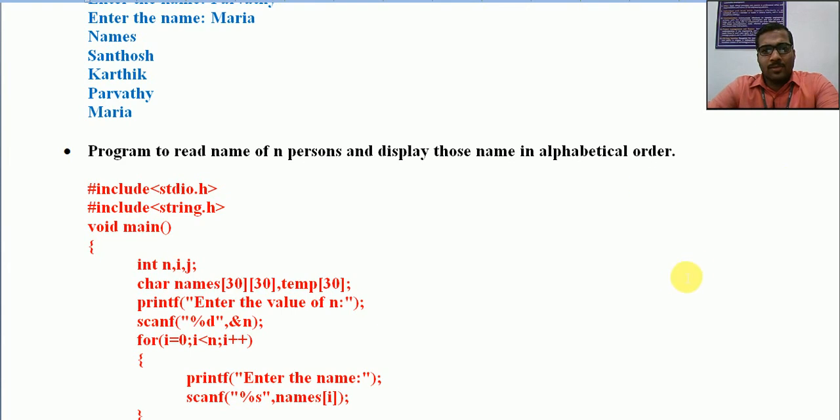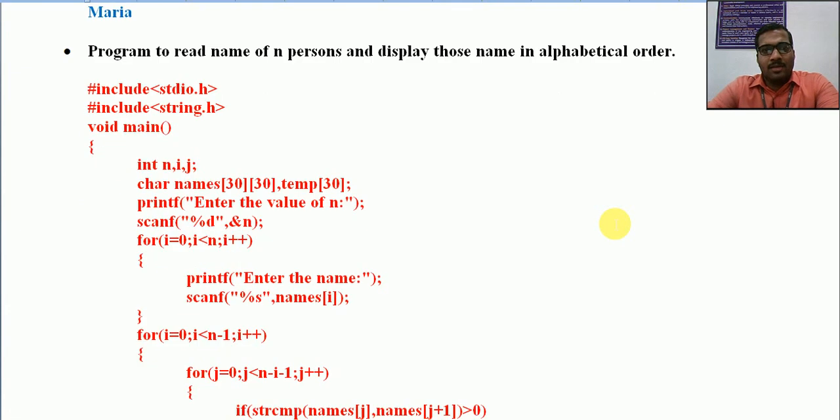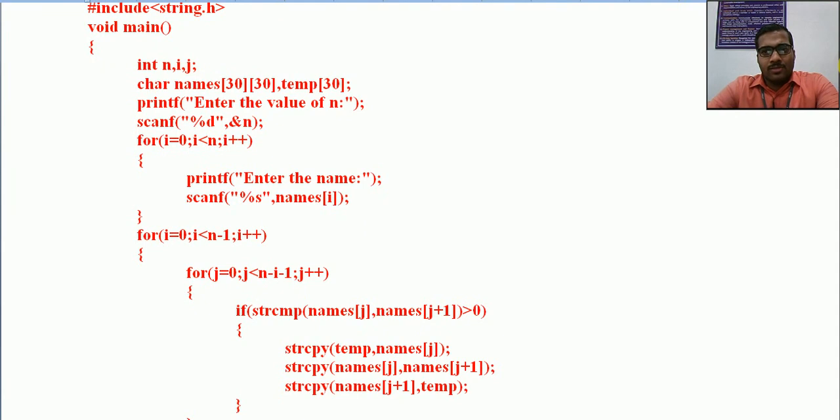So the first portions will be easier, and if you are familiar with bubble sort, the logic will also be clear. I will only mention the difference when we are using strings, because we have multiple strings available in each of the locations. First of all, we are including string.h because I'll be using some string handling functions here, because in this type of larger application we cannot use those logics of inbuilt functions. So it will be easier for this type of larger program.